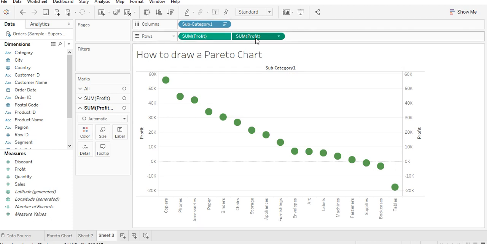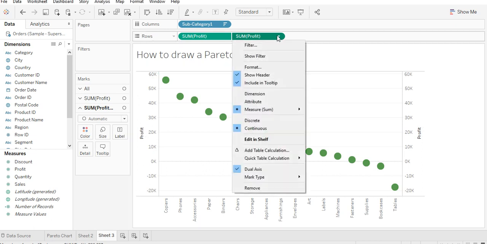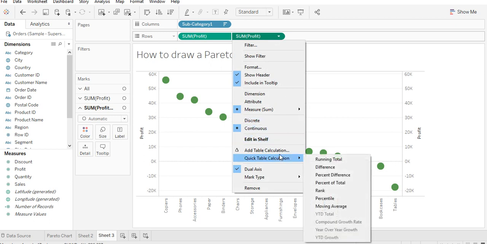We have two rows here. Here we have profit, and here also we have profit. So we are seeing the same profit value on this axis and on this axis also. What you have to do is right click, or basically click on this second part here, and add some